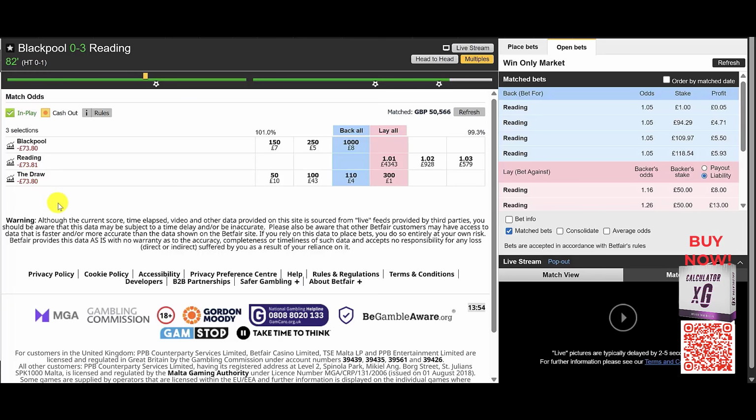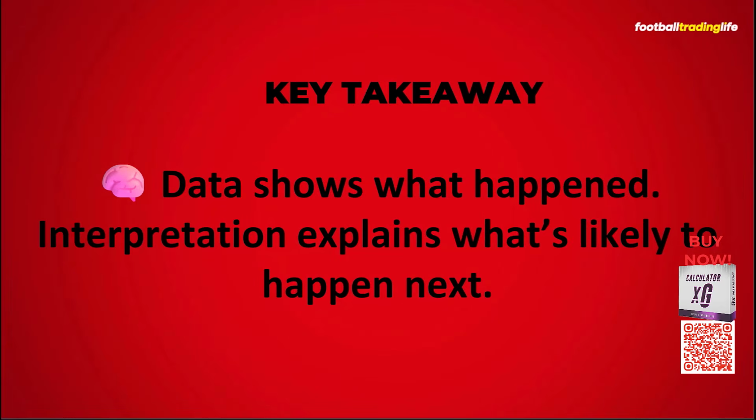It's Blackpool 0, Reading 3. We're not going to do any further trades on this one. This one is pretty much where it should be. This is where the expected goals and expected match results should be. 3 goals, Reading win. There's nothing further to do. There's 8 minutes left. So we're out of this one, and we'll move on to another trade. Some interesting trades so far, and there's still more to come actually, but I do just want to give you